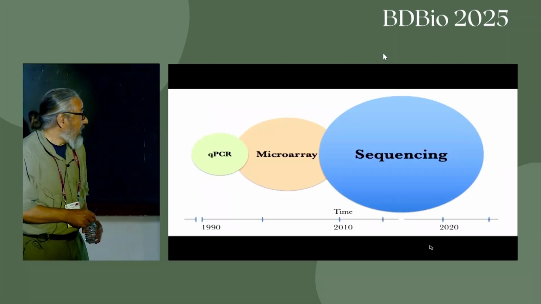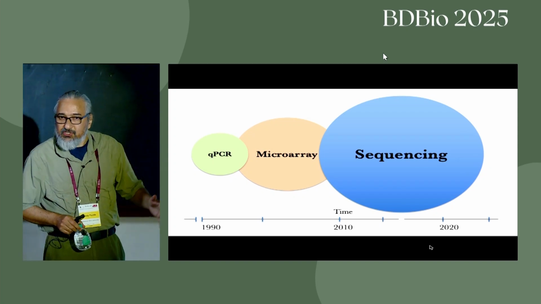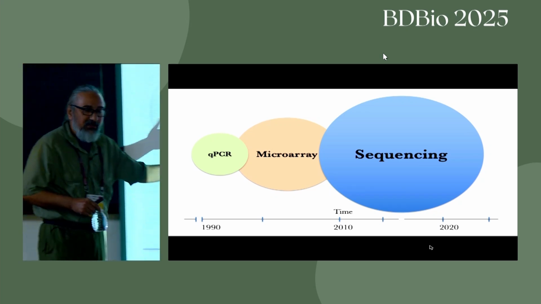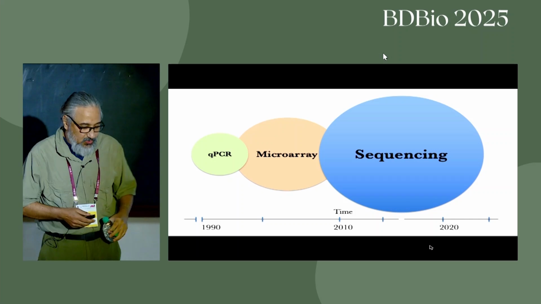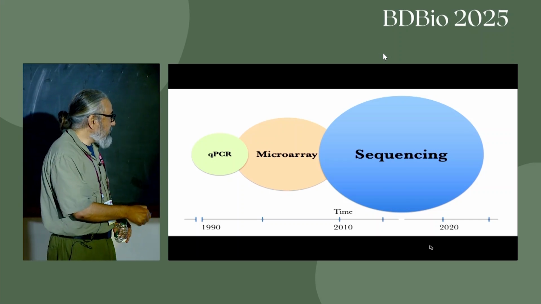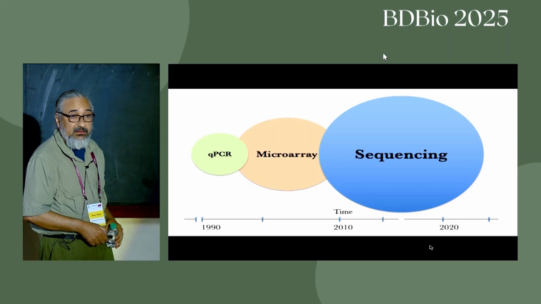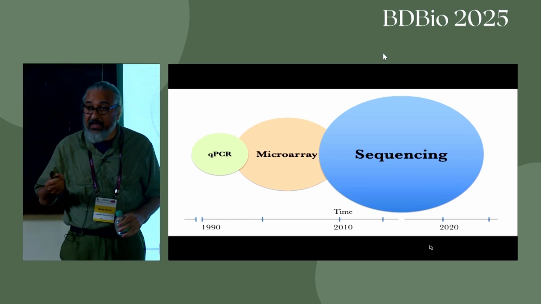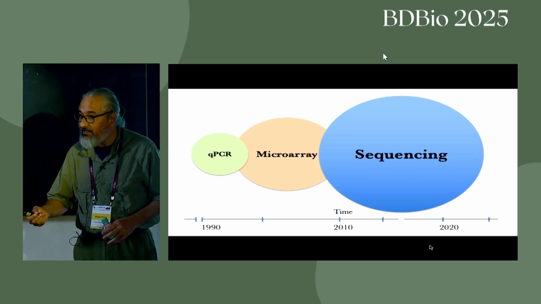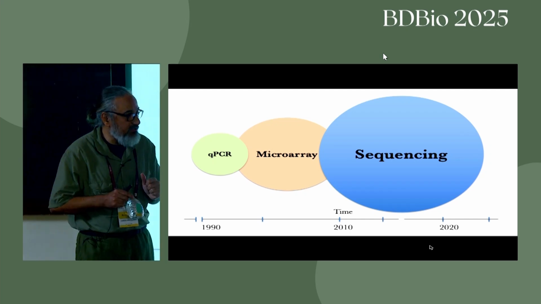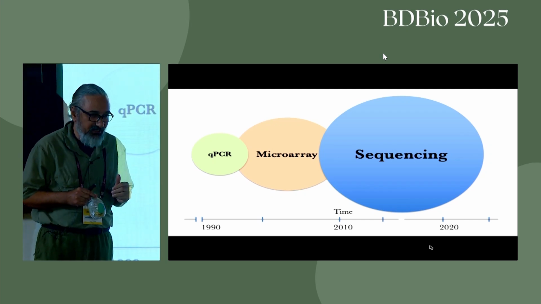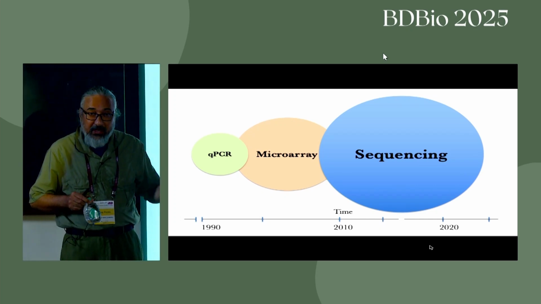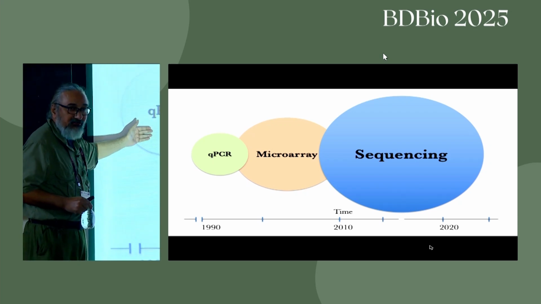Now, how do we do that? This is the same graph represented in circles. The size of the circle represents the amount of data proportionally, not exactly, and the timeline is at the bottom. So how do I now go back and use these different data sets at the same time? If I'm using clinical samples today to understand cancer, AMR (antimicrobial resistance), or anything else, I have a limited number of samples. But I have a huge amount of samples in the database that people have typed. I can't use that. Can I actually use a tool where data A can be converted to data B